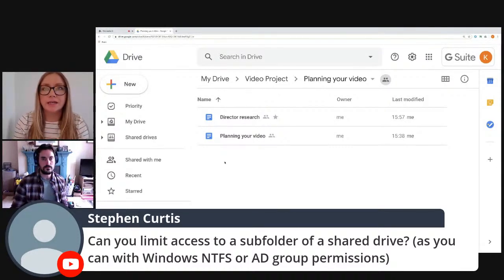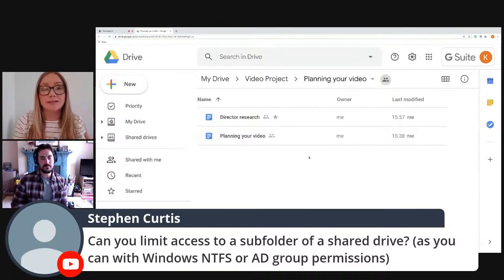Shared drives really, if you think about it, in a way replace the S drive or the G or whatever drive you call it in your organization, the L drive or the M drive or whatever. I go for S because that used to be what ours was when I was teaching, the H drive. So basically it replaces that almost.